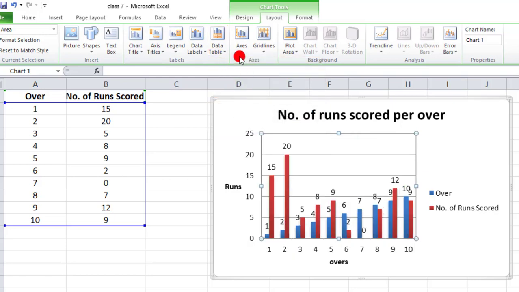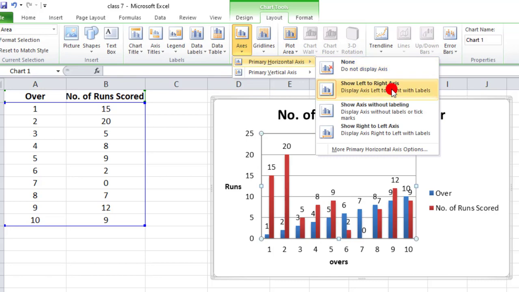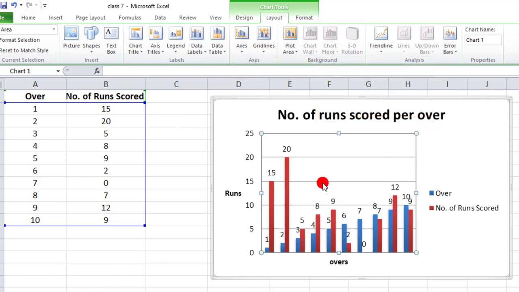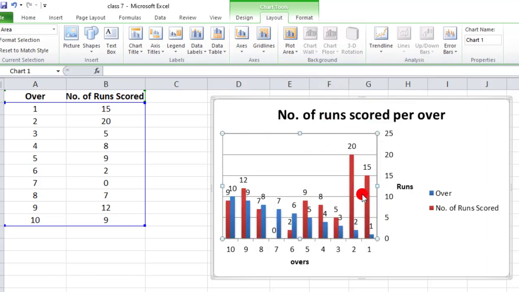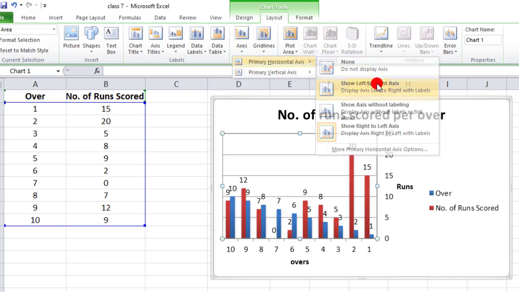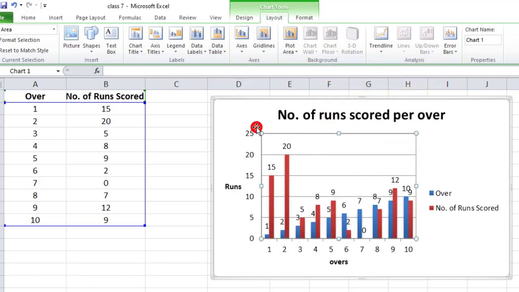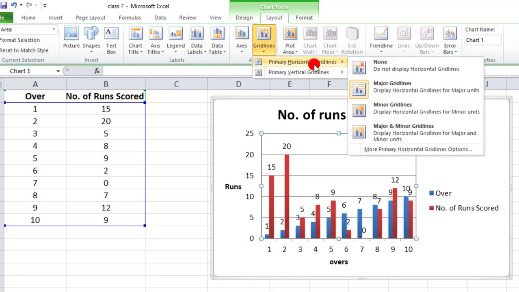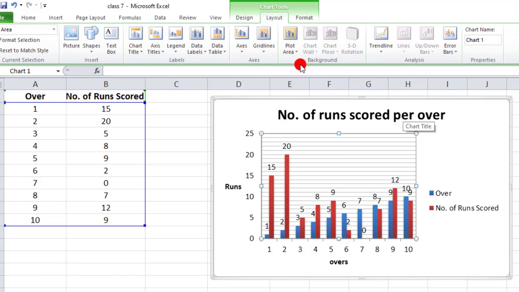Okay, next one is axis. Look, you can see the difference here. Okay, so they will help you to just change the axis data. And next one is grid lines. So grid lines, look, right now we are getting major grid lines, means you can see the gaps in these lines, they are too much. If you want to shorten it, or if you want to do this, you can do it.